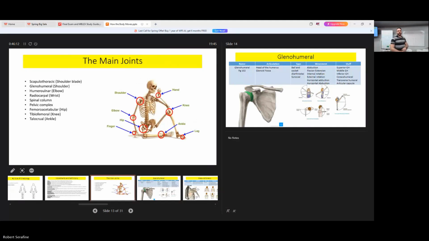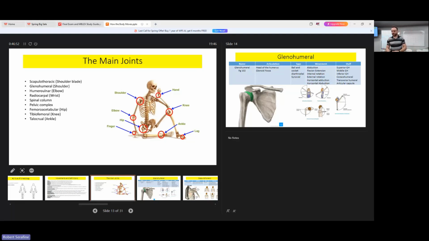Now, if I were to list out some of the main joints to know and understand, it would be these. And I could probably add a couple more to this list. So we have the scapulothoracic joint, which is our shoulder blade, where the scapula meets the thorax. Then we have the glenohumeral joint, which is the shoulder joint. So that's where the glenoid cavity or glenoid fossa of the shoulder blade, the scapula, meets the head of the humerus. We have the humeral ulnar joint, which is where the olecranon process resides in the trochlea of the humerus,